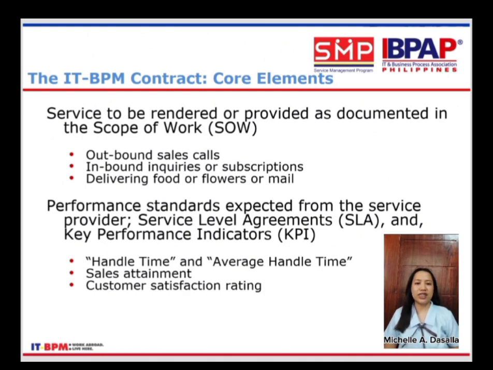If the agent hits the average, he delivers what is expected from him. If he fails and takes more time to finish a call, that makes him inefficient and would incur the company some added cost. Other examples of this include handle time and average handle time for calls, sales volume attainment whether on the phone or otherwise, and customer satisfaction rating.